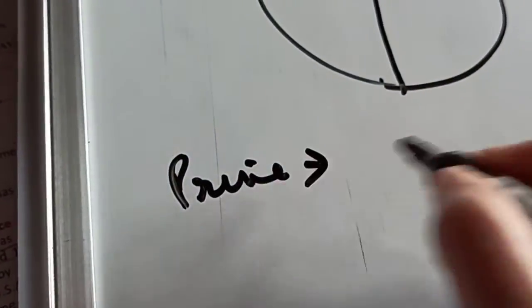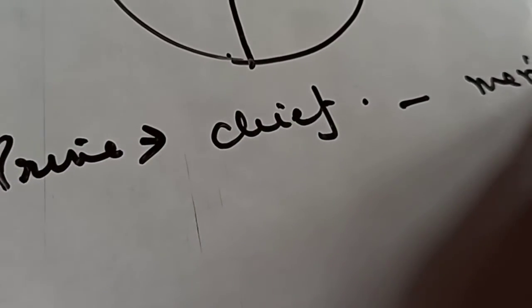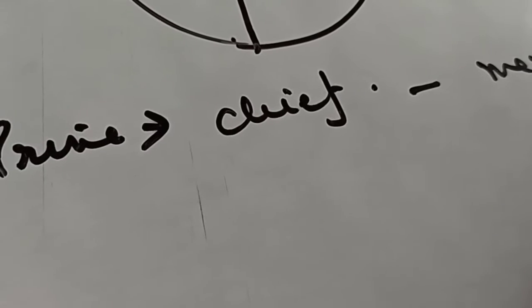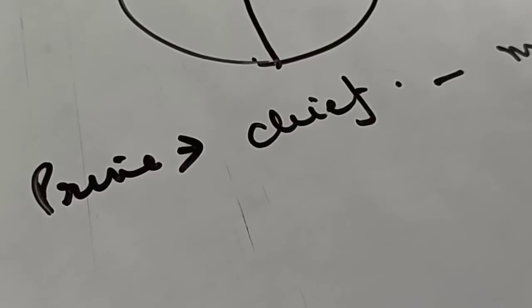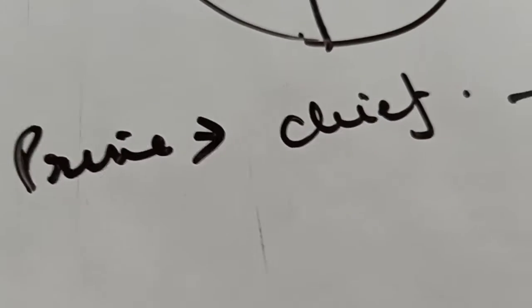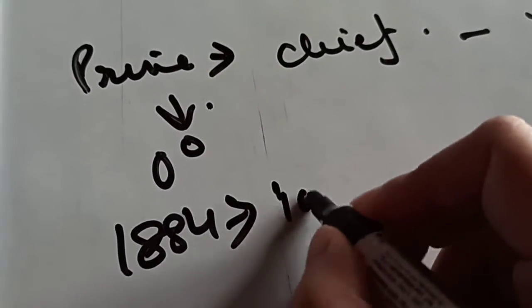Prime meridian, the word prime actually means chief, and meridian means, we already know, midday. So this prime meridian is the chief meridian amongst all the meridians that are present. The value of the prime meridian is 0 degree, and in the year 1884, by an international